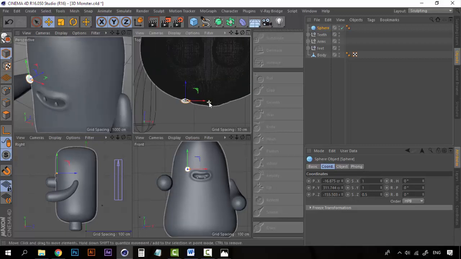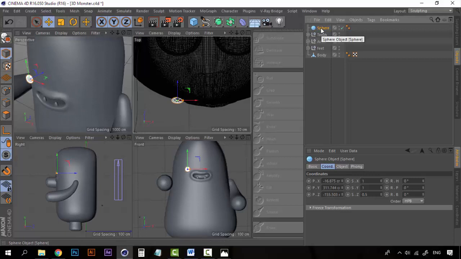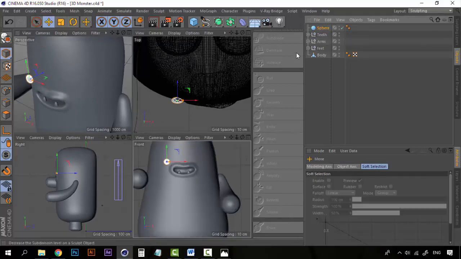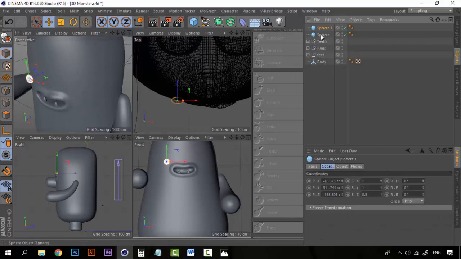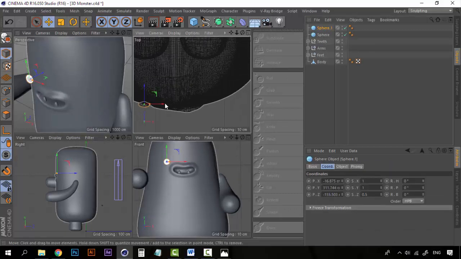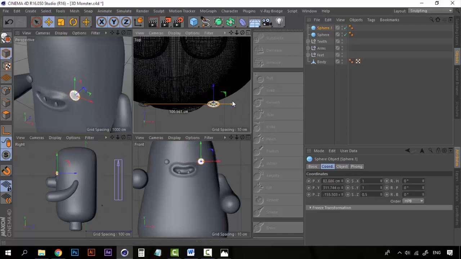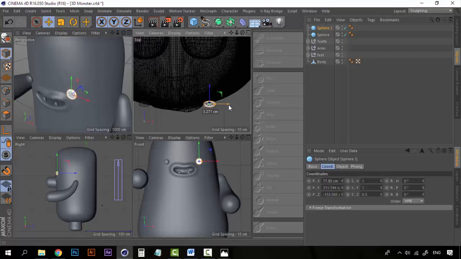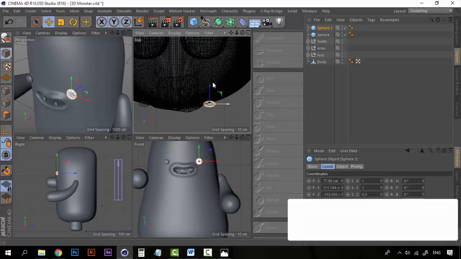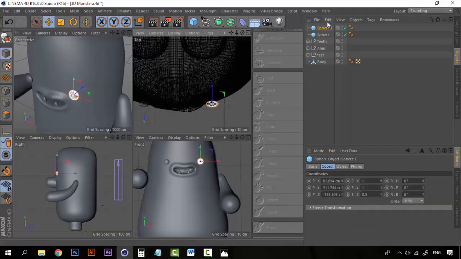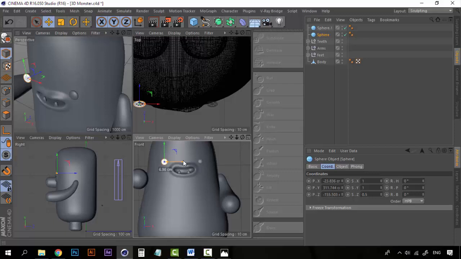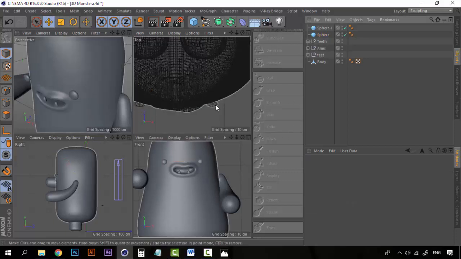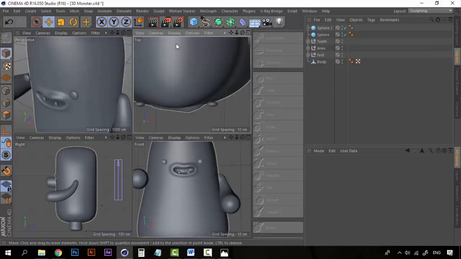But first let's create a duplicate of this eye. So let's create a duplicate here of the eye and take it to the right side like this, a little more to the left, just like this, and let's separate it just a little bit more. And now let's change this to Gouraud shading. And now it's time to bring them closer,